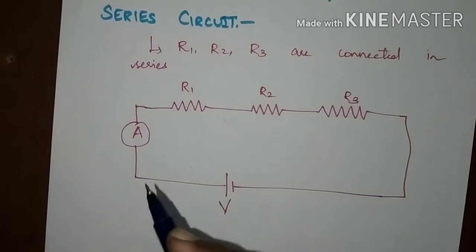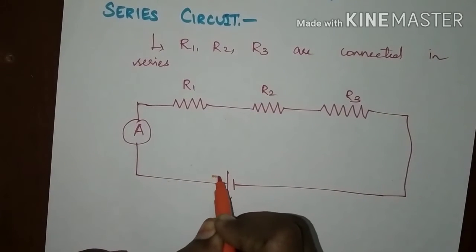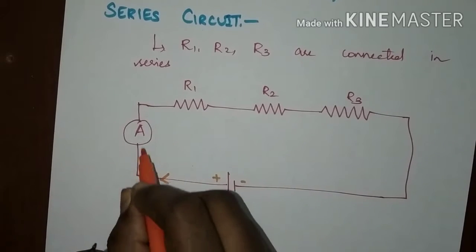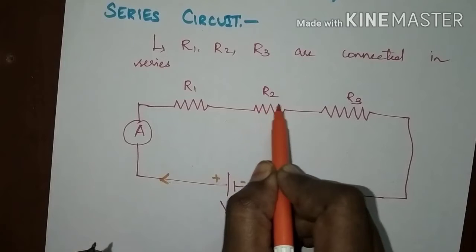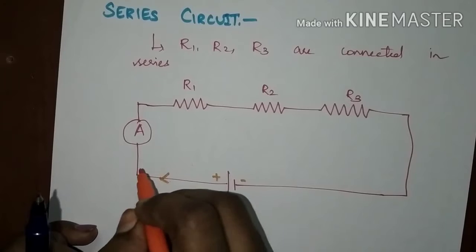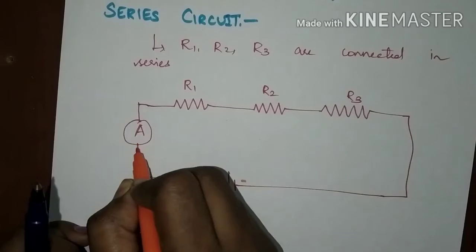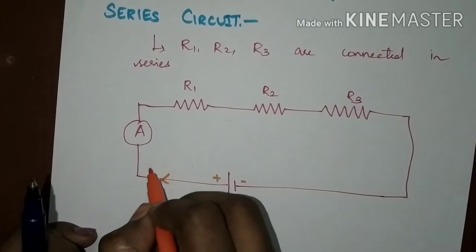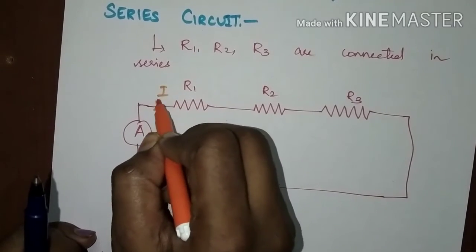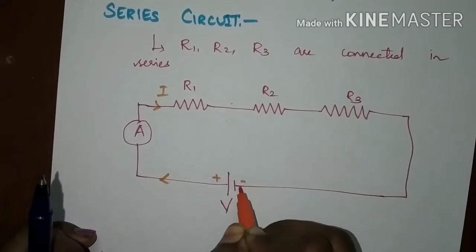Here in this circuit, conventionally the current will flow from the positive terminal to the negative terminal of the battery. So, the current flows from this terminal, through R1, R2, R3, and reaches the negative terminal of the battery. See, the current direction will flow from here. This ammeter measures the value of the current flowing through the circuit. While flowing, the current reaches R1. Again I am representing the current as I. The current leaves R1, goes to R2, moves through R3 and reaches the negative terminal.